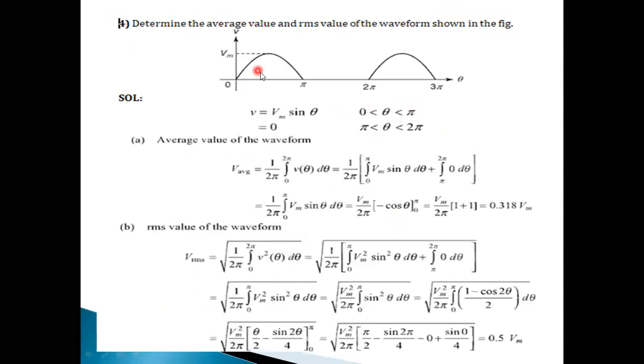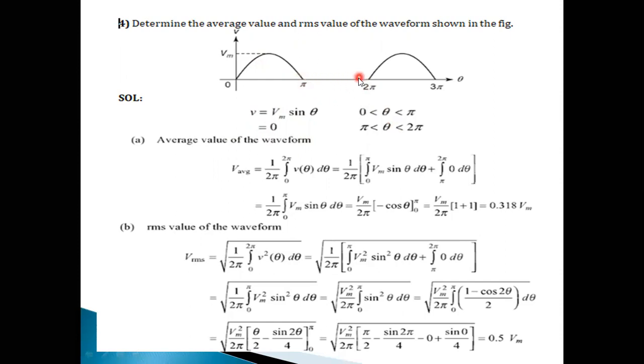Yeah, observe this particular one. Determine the average value and RMS value of the waveform shown in the figure. They have given some figure maybe like this. But observe, there is a positive cycle and no negative cycle here. While calculating average values, we normally compare only half cycle, but in this particular one there is no negative cycle. That's why I'd like to take the entire time period as 2 pi. It doesn't matter, because there is no voltage or no spike there.